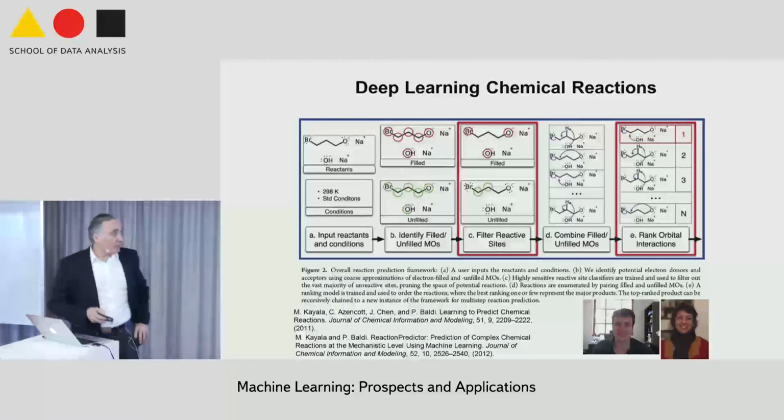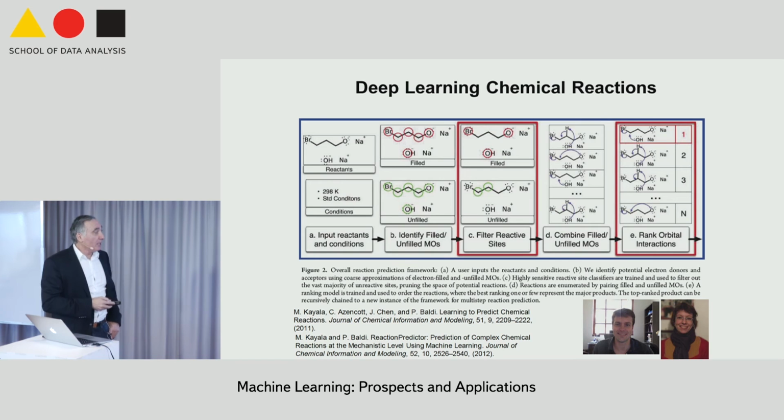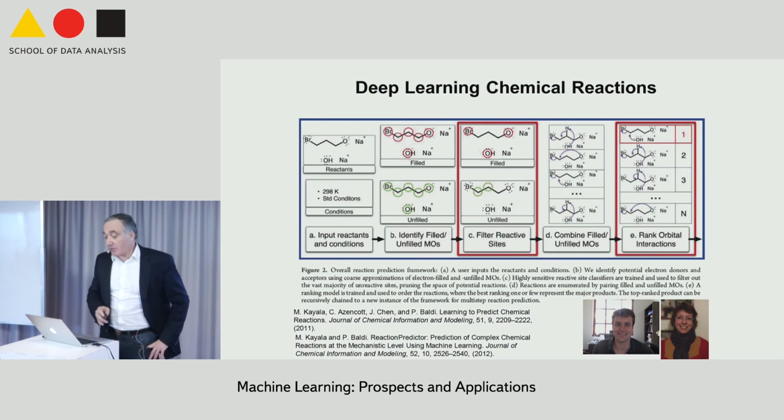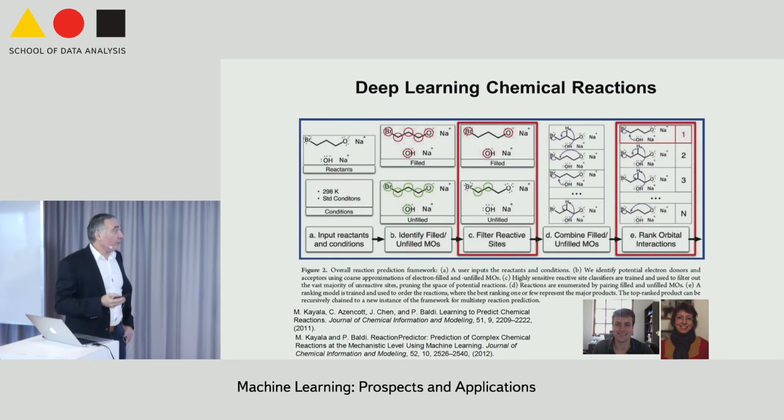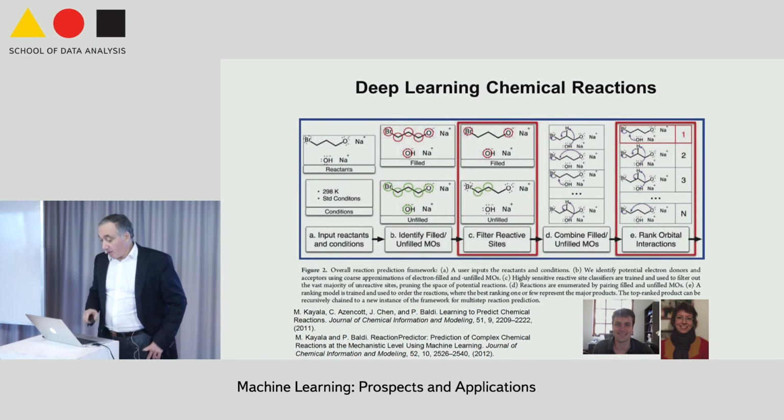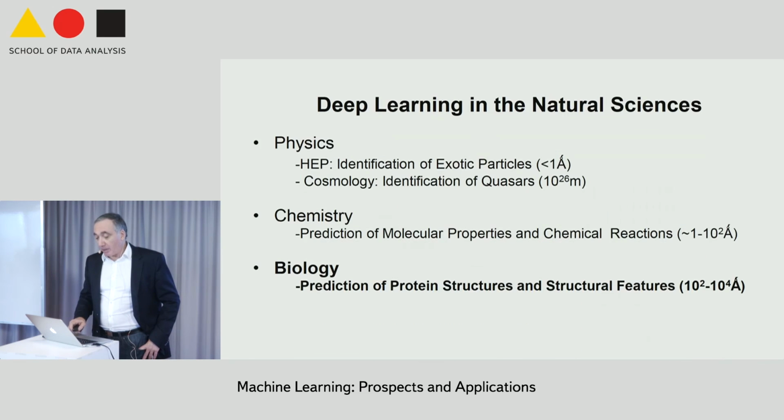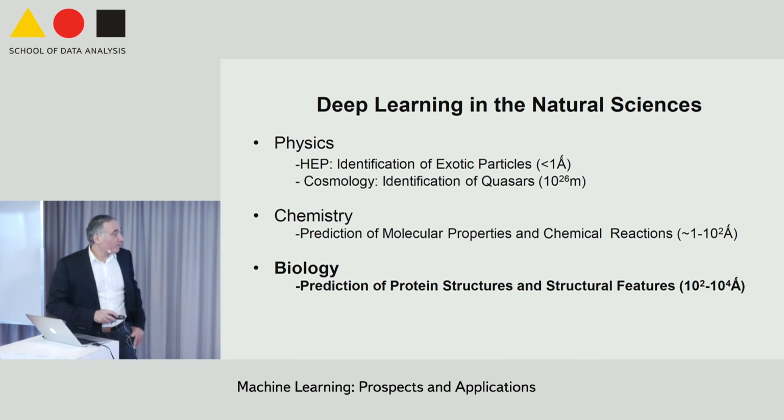And so to make a long story short, by doing this technique, we have built now a system called Reaction Predictor, which is roughly at the level of a graduate student. And if we had more data, it's just a question of how do you get more data, we could train this and hopefully go a level above that, and maybe one day to be superhuman at predicting chemical reactions.